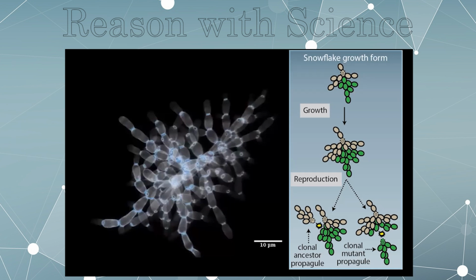And as a result, if this group starts out chimeric because there was a mutation somewhere, and there's a whole branch now that's mutant, every time it divides, there will be a group that's generated that's only clonal. If the breakage occurs between 2 wild type cells, then you have a wild type only propagule. If the breakage occurs between 2 mutant cells, you have a mutant only propagule. And if the breakage occurs between the first wild type and the first mutant cell, now you've cleanly separated out these mutations. But at most, when you have a new mutation arise, it can only ever be chimeric. That is, the group will contain both the wild type and the new mutant in one group.